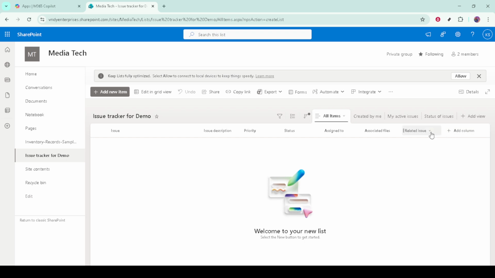Sort by priority or date, filter to show only what matters today, and group by categories to get quick summaries. Save your view with a clear name so you and your team can return to it anytime. And that's it. You now know how to create, structure, populate, and present SharePoint lists so your team can move faster with